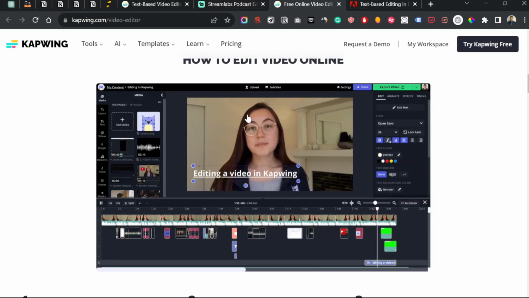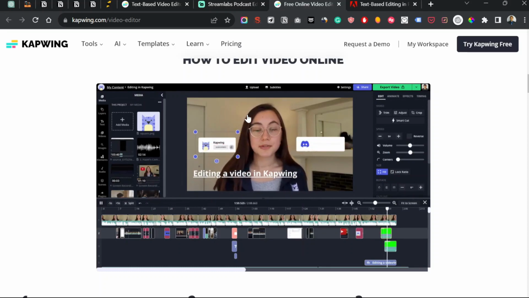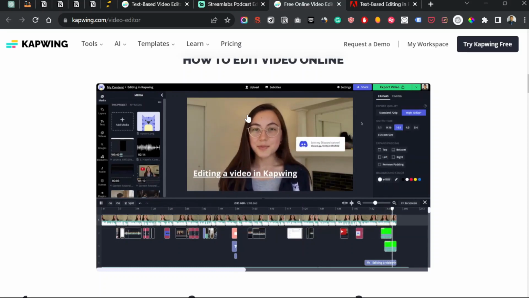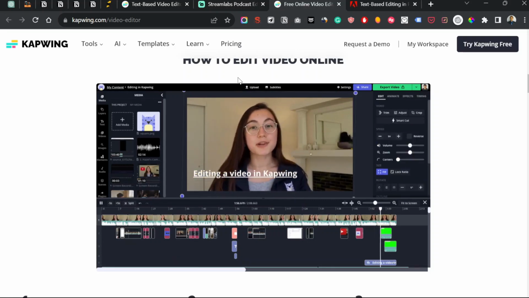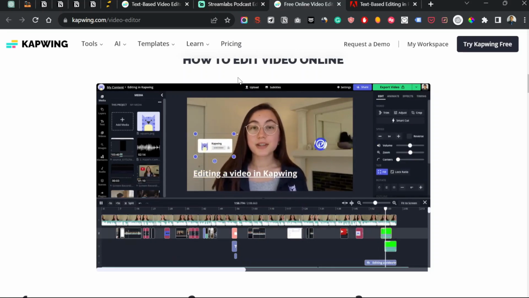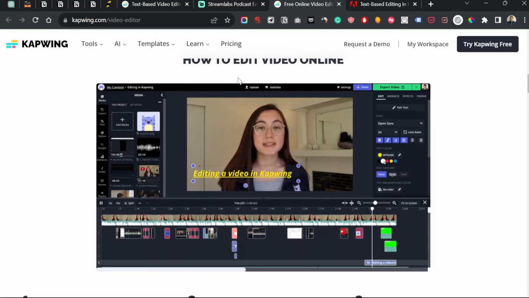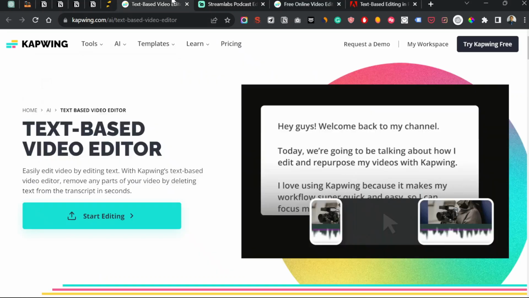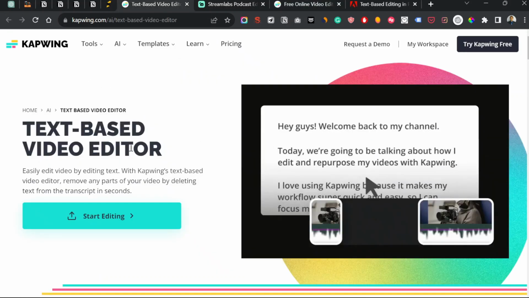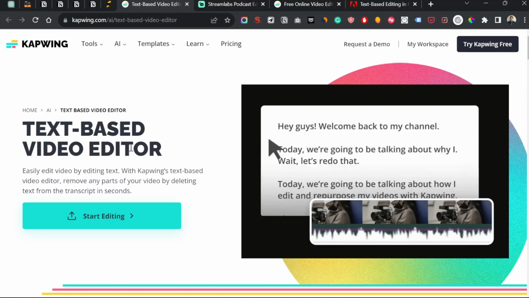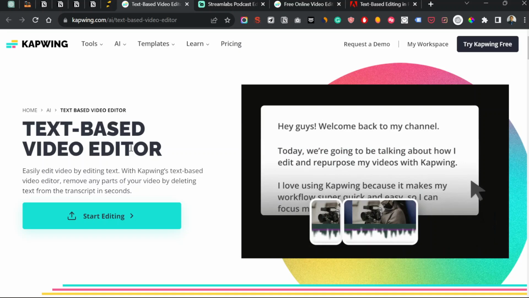What it essentially means is you take your video file and put it into an editor that supports text-based video editing. The editor would generate a transcript of that video, and then you can make the edits with the help of that transcript. That's why text-based video editing is also called transcript-based video editing. So for example, this is Capwing, a tool that supports text-based video editing. And many of the existing video editing software are now adding text-based video